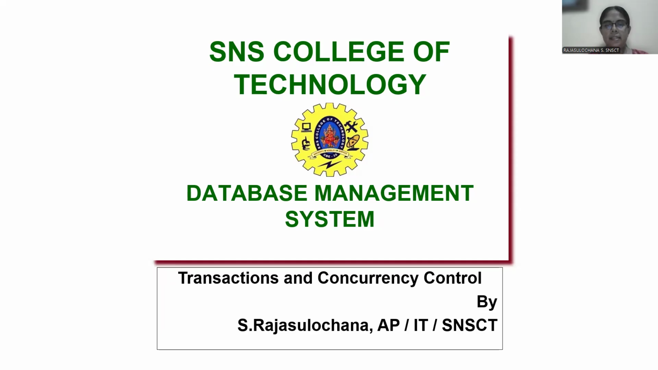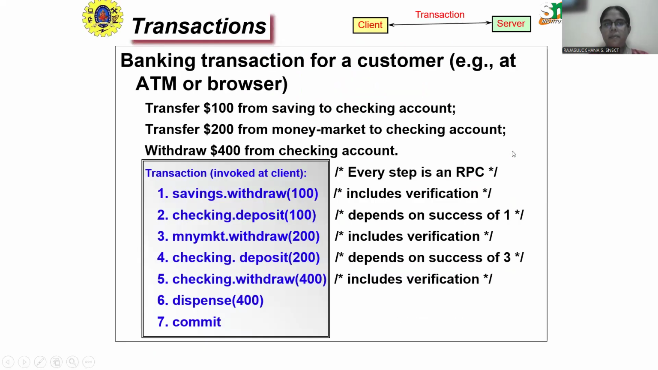In today's lecture series, we are going to see about transaction and concurrency control topic. So before going into the topic, let us see what a transaction is about. What is the general meaning of transaction? Any operation that is happening between a client and a server is called a transaction. So, be it any kind of operation that is happening between the client and server is called